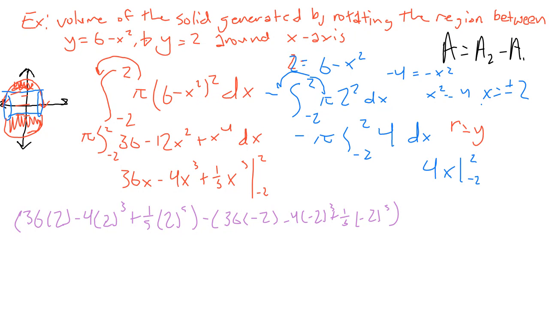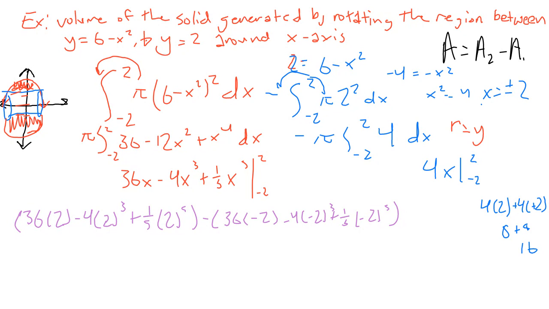Over here, we're going to go ahead and just get 4 times 2 minus 4 times negative 2. So we can go ahead and do this one pretty easily. That's just going to be 8 plus 8, so 16 over here. For this piece, we're going to go ahead